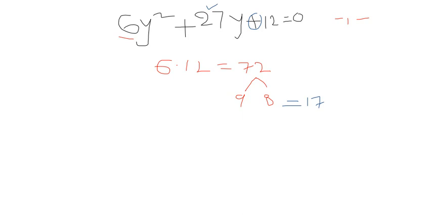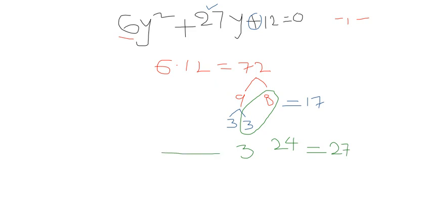Then again what to do? Again take the factors of the 9. 3 3s are 9. And in this particular case, you do that: 8 into 3 is how much? 24, and 3. Now if you add these two numbers, how much are you getting? 27 or not? Yes. Now, if you have a doubt, check that. 3 into 24 is how much? 72 only.